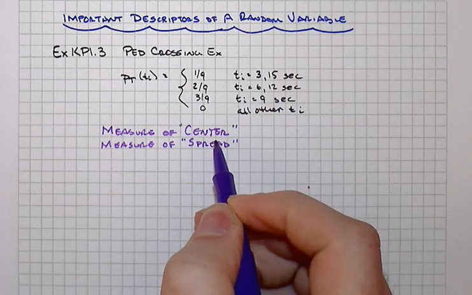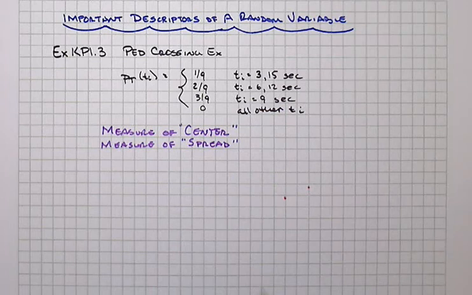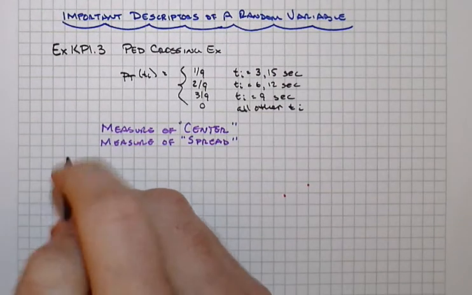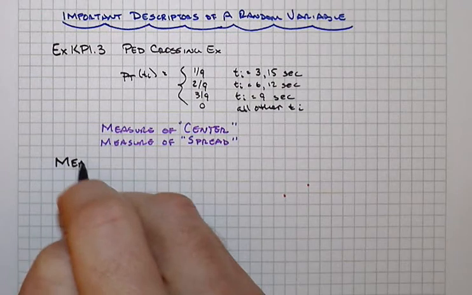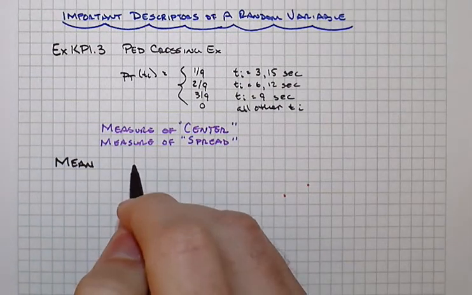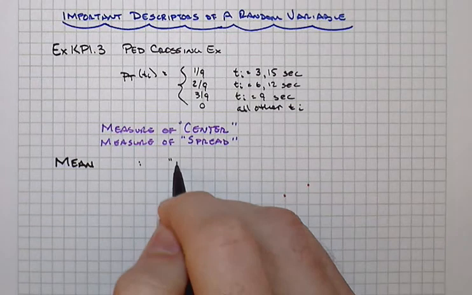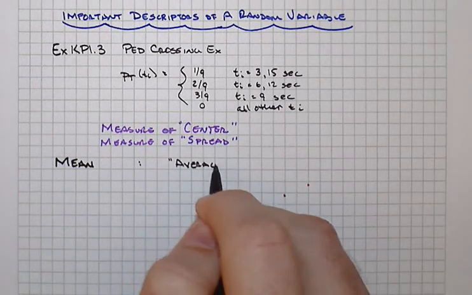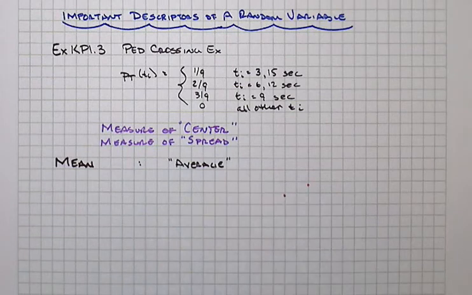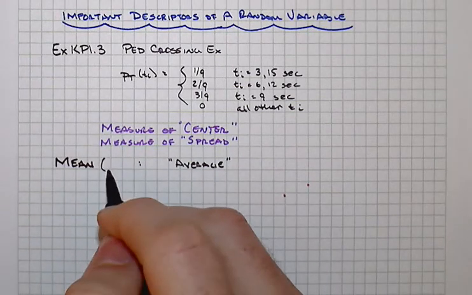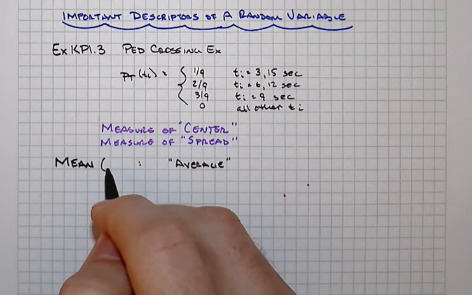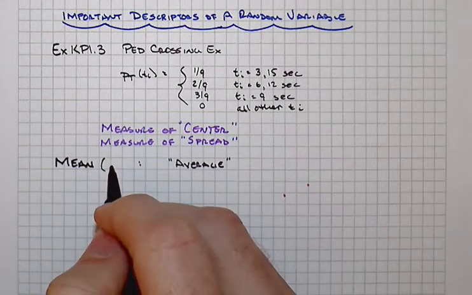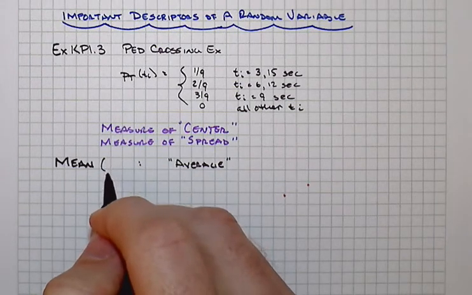Now, of course, the first thing that might leap to mind is, well, can't we just find the average value? And certainly that's where we're headed, this notion of what we call the mean. But it's a special kind of average. There are a lot of different averages running around out there. And when we're talking about a population, in a sense the theoretical values of our random variable, not what we've observed, but what's out there in the total population,